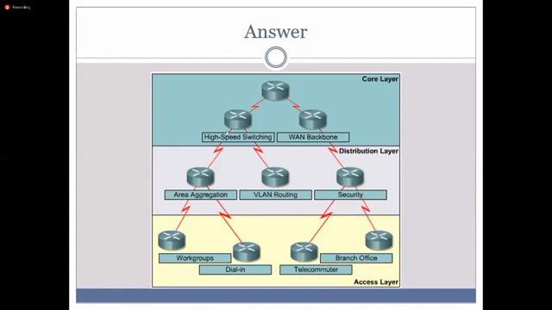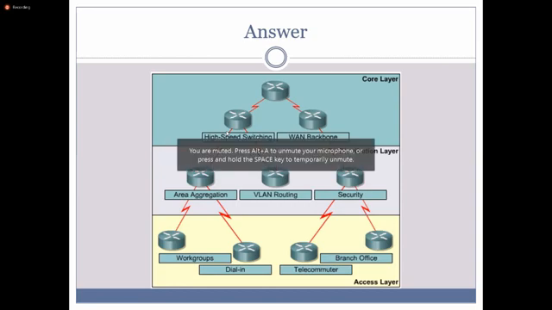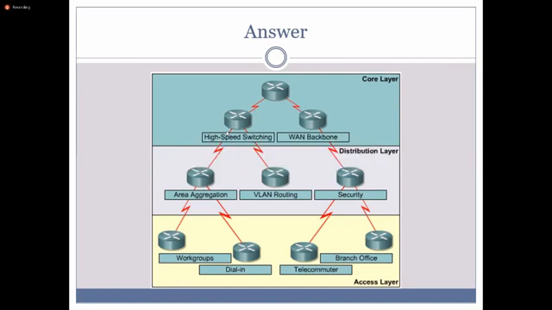I will check, because we have to access the devices. You will know how to work with Packet Tracer, but do you know how to access the switch or the router via the console cable, physically? No. You never tried.